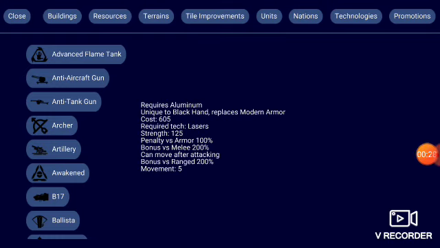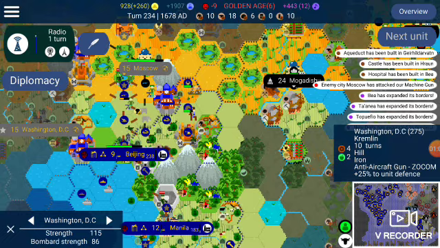Okay, which has really OP units despite many of the disadvantages the units have, such as the replacement for the modern armor for the Black Hand here. The Tiberium Dawn mod is actually based on a game called Command and Conquer, and I actually educated myself within this series, and I know why